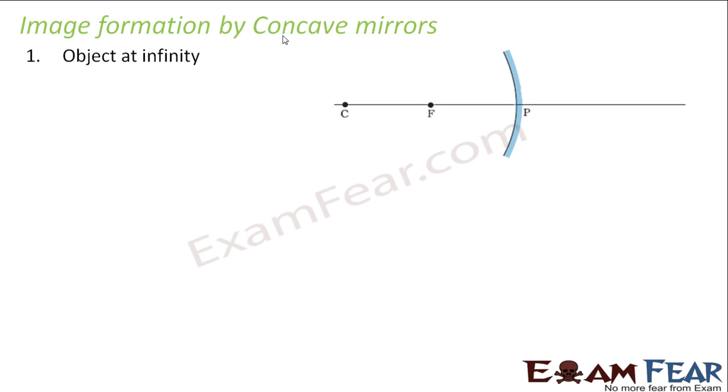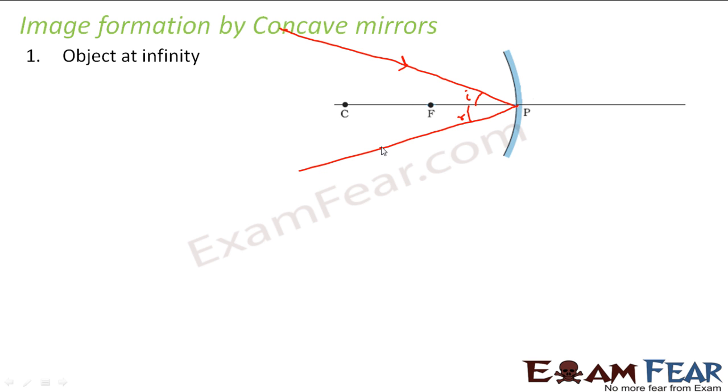Let us suppose some ray is coming from that object. It approaches the pole of the mirror obliquely. So what will happen after reflection? It will again go back obliquely, somewhat like this, right? In this image formation, we will make use of the 4 rules which I discussed. Those 4 rules are the most important thing which should be kept in mind. If you remember those 4 rules, it is very simple and easy to understand the image formation by mirrors. Okay, so this is one ray.